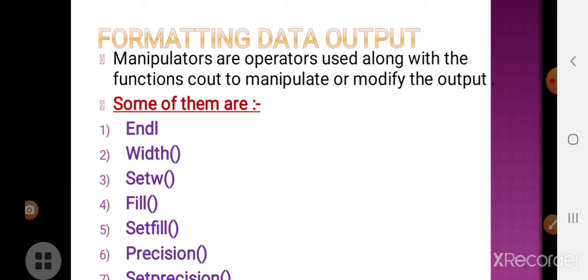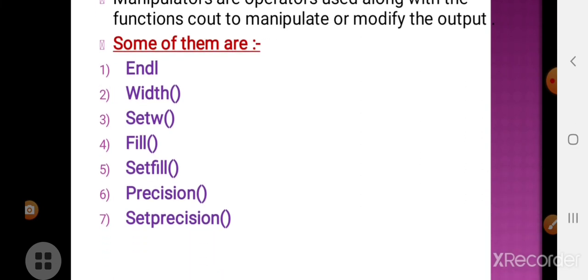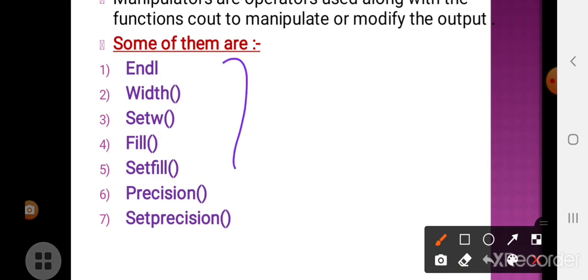As I discussed, a manipulator is an operator with the help of which we can format the data which has to be displayed. So we can modify the output with the help of these manipulators.